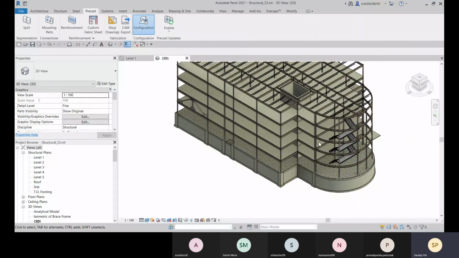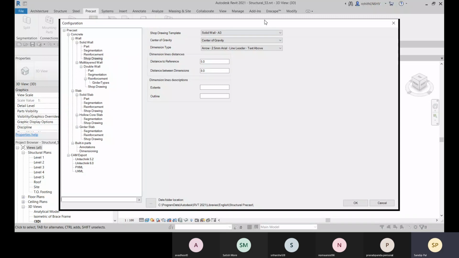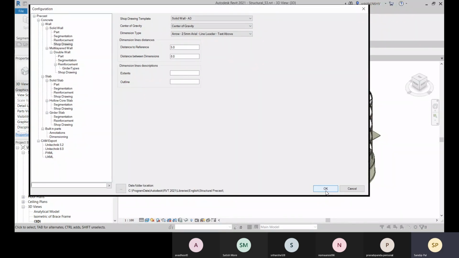So I'll go with the configuration again. You need to set the configuration. I have done the enable thing so that if you change anything, it will update itself. It will reconfigure, so you need to enable that. Now after configuration, you must click on OK. You need to click on this OK option. So let's go for this configuration, let's do the changes, let's set all the configuration, and then we will click on OK.